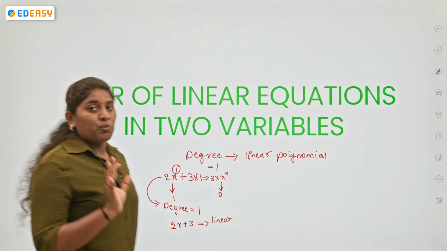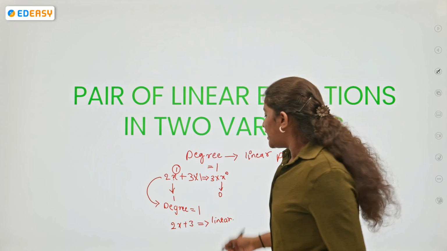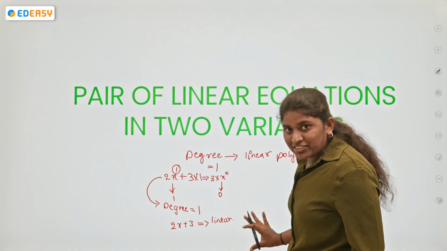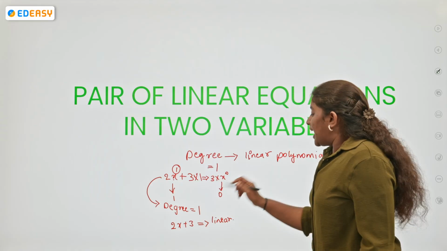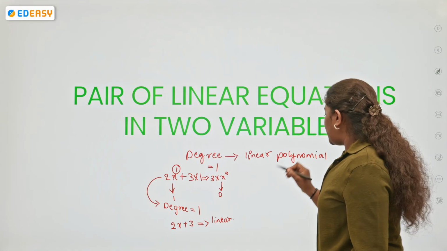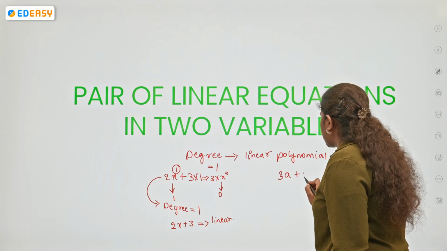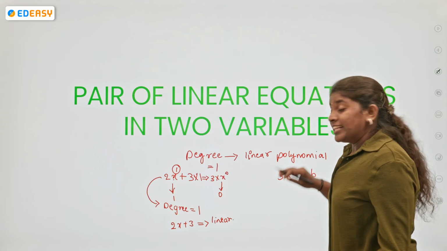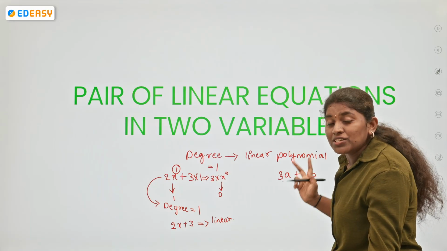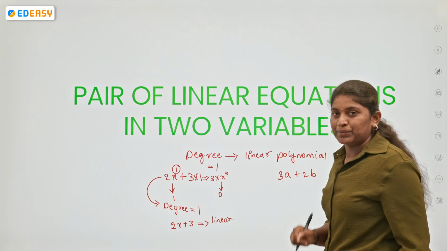Right? Now, what about the linear equation, and that too in two variables? Coming to here, this is the linear polynomial, so can I take this as a linear expression? Yes. Now, how many variables am I using here? Only one variable, that is x. What about 3y, or you can take 3a plus 2b. 3a plus 2b is a linear polynomial only, but here I am using two variables, so this will become a linear expression in two variables, right?